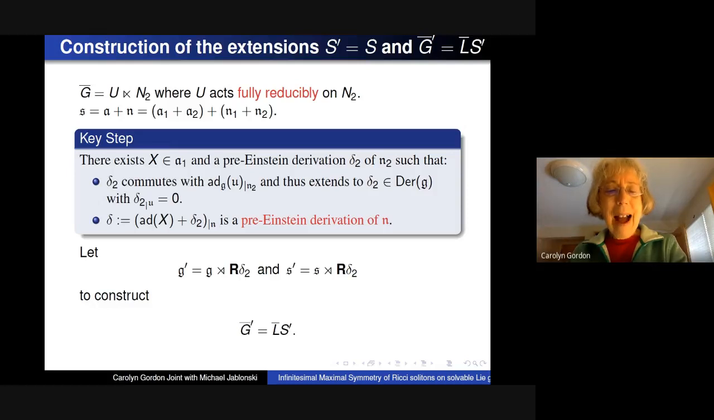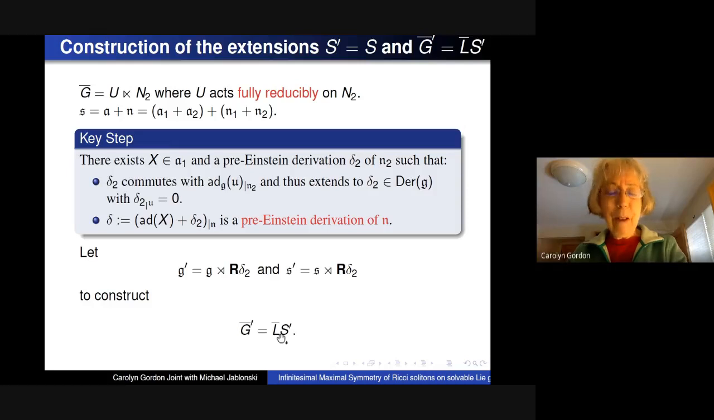At the same time, S prime we can look at is the same as S semi-direct product delta 2. Normally we would take delta, but this part, add X, is already sitting in S, so we don't have to worry about that. And so this will give us our S prime and our extension of G bar to G bar prime,